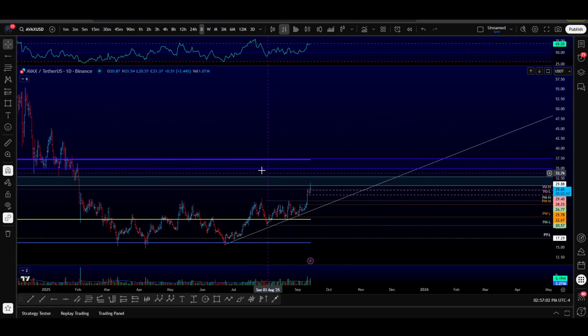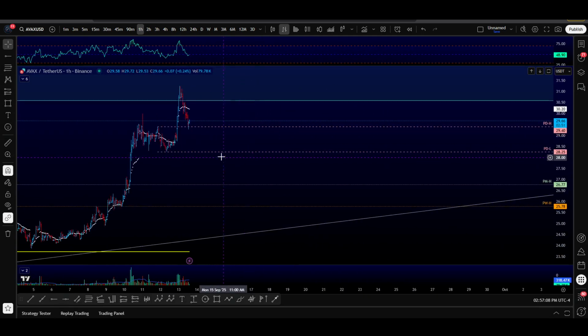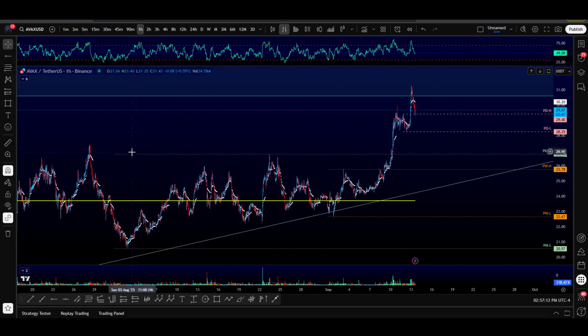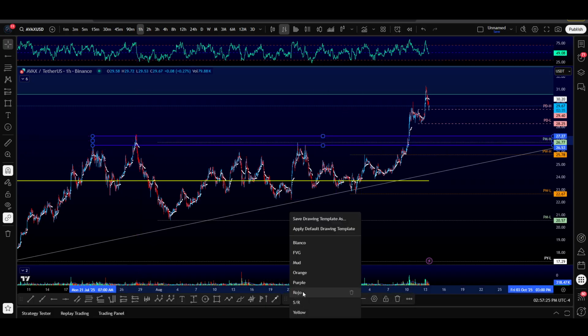Right now, I would not be taking any longs. I'd be looking at a lower time frame to see where the next best area to long would be. And as you can see, this previous month high is a local support zone, right? So resistance flips to support. So if we go ahead here, let's just say pull this, that's going to be your next